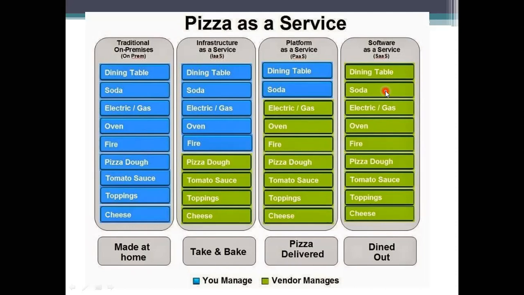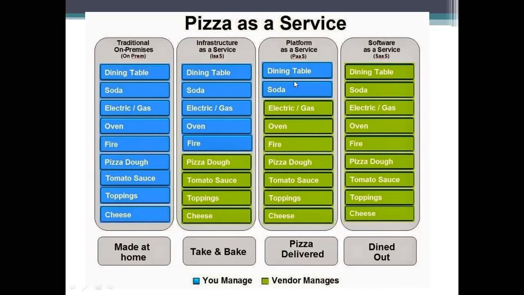So the blue color means the privileges where you can access, change, or manage. If it is in the green color, then you won't have access to that thing. Whatever is done by the providers or vendors has to be used by you. I hope you got some point regarding availing these services and then processing here.